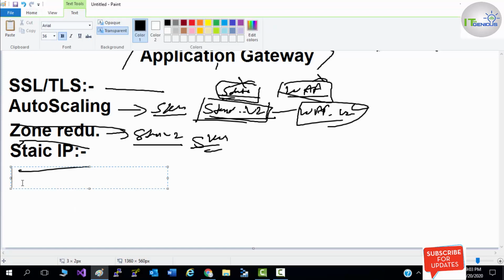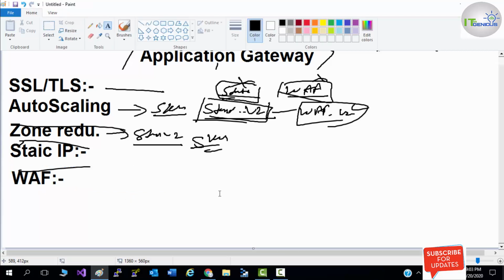And the next feature is WAF. Along with your application gateway, you can configure it as a web application firewall, which will protect your application from various attacks and vulnerabilities.